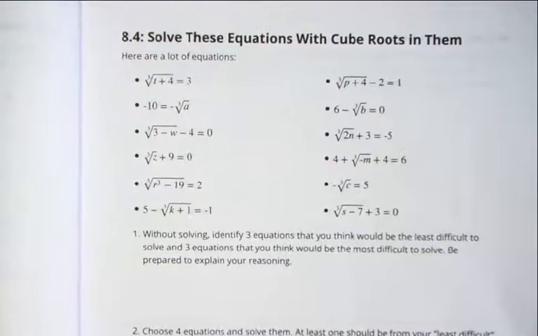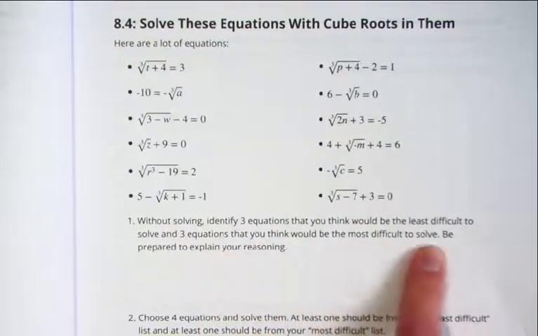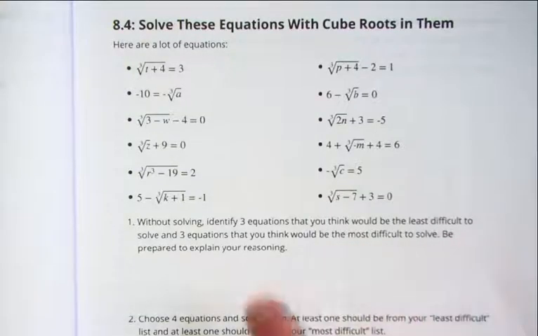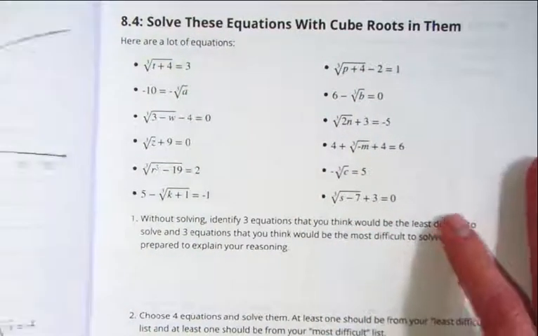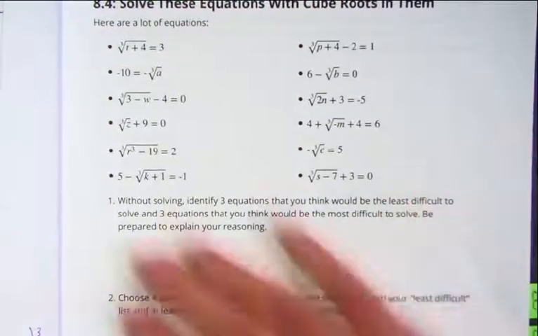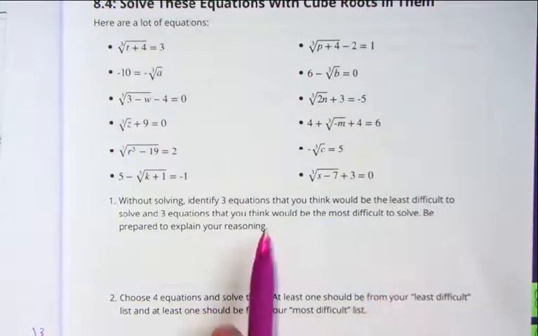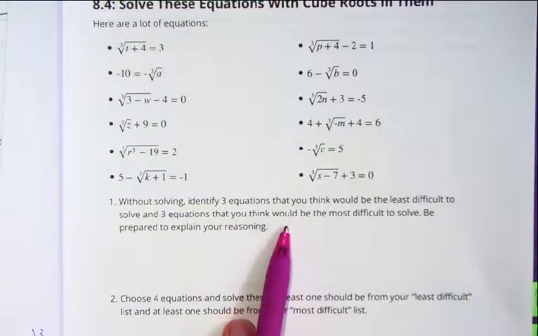8.4 is solving a bunch of cube roots. Now it says here that without solving, identify 3 that you think would be the least difficult to solve and the 3 that you think would be most difficult to solve. Be prepared to explain your reasoning. And it doesn't say that we have to solve all of these. Alright, so I'm only going to solve a few of them and then I'm going to put up a solution. So I'll hit pause on the video, solve them all here for you, and you can choose which ones you want to solve through. But when I think about which ones would be the easiest to solve up here,